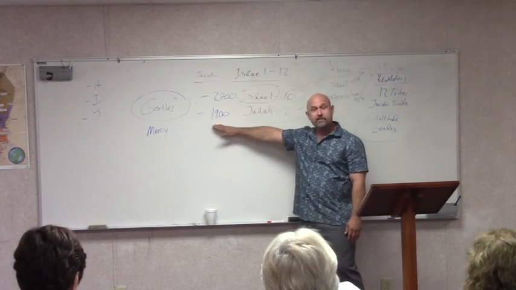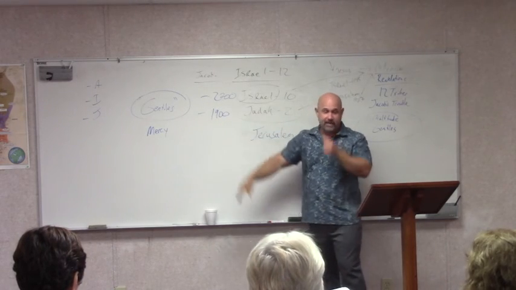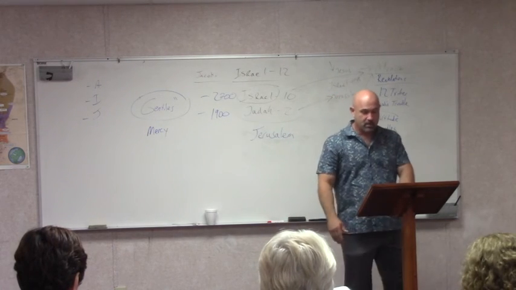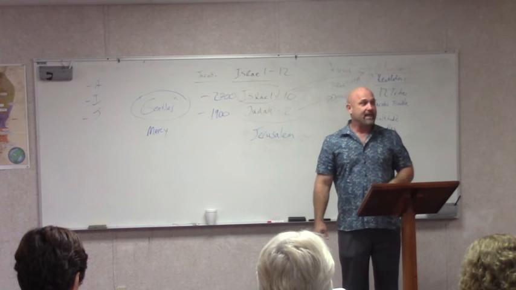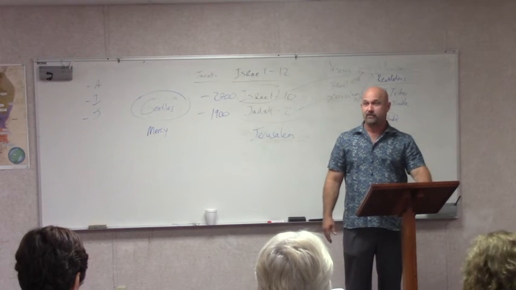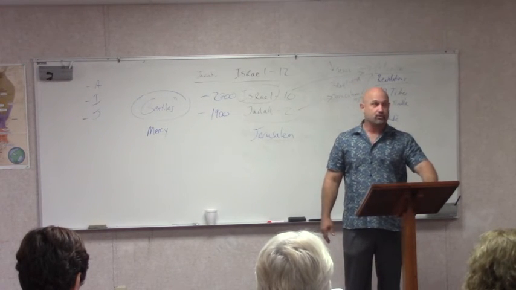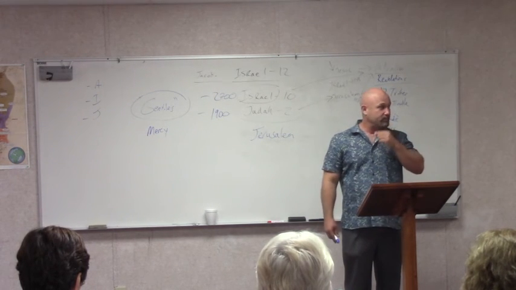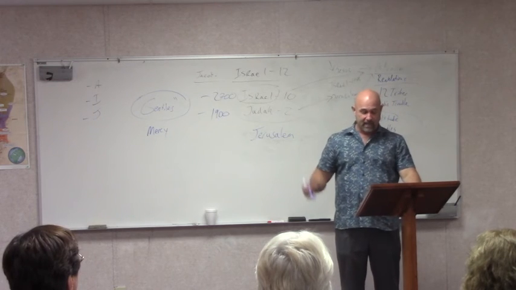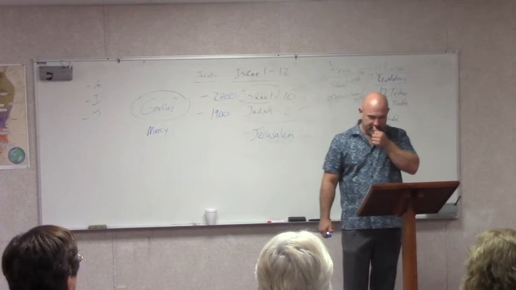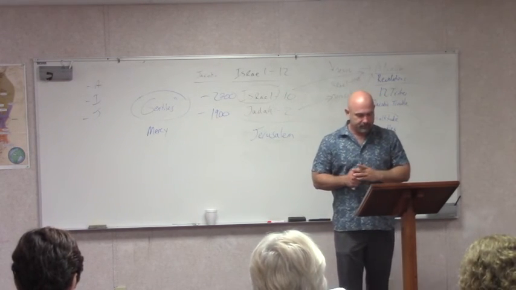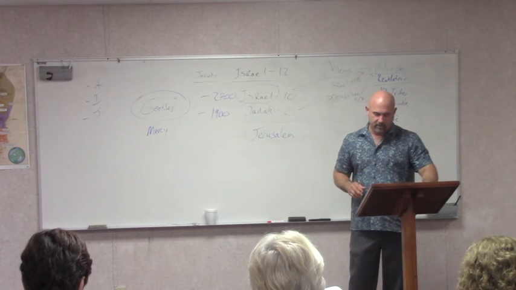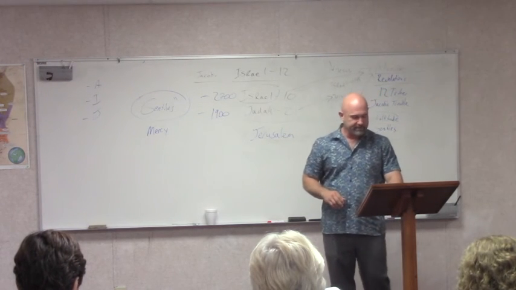Even though we have all these 1900 years, and yes, they have been marginalized, somehow or another they qualify as the seed of Jacob and the seed of Israel, and God, in fulfilling and doing what he's going to do there, is somehow going to complete his promises that he made to Abraham, Isaac, and Jacob. Okay? Now, we already talked about this, but this goes right back to Isaiah 66,